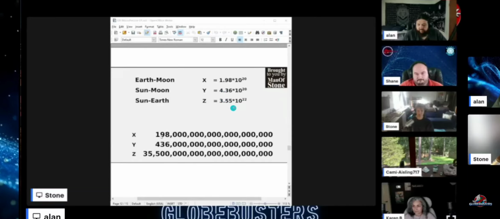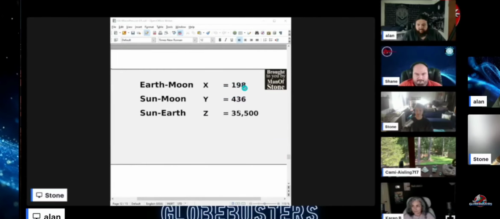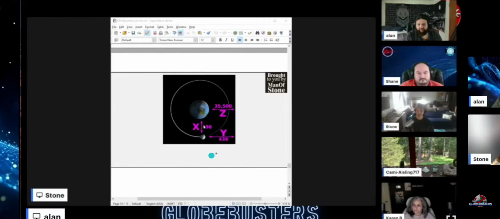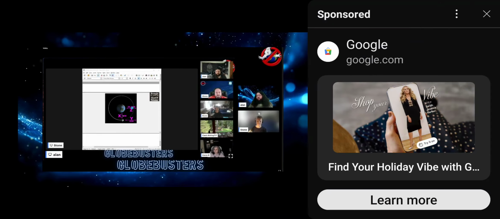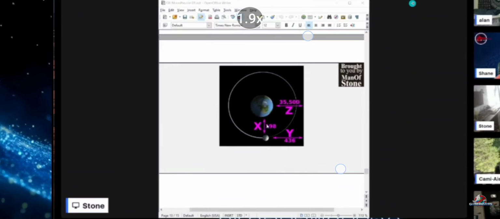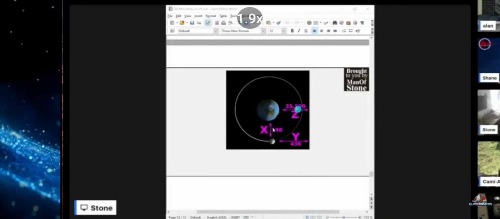And instead of looking at it in this notation or these giant numbers, we just break it down to this. We just drop all the zeros essentially. So we got 35,000 relative to 400 and 200 here to make it more relatable, something that's comprehensible. So now when we look at that original diagram and we see the difference in gravitational potential that produces these perfect circular orbits, it's preposterous. You can see that the prediction would actually be that the moon would spiral out from us. It wouldn't continue doing this forever.